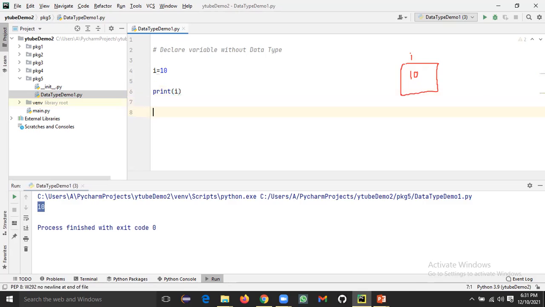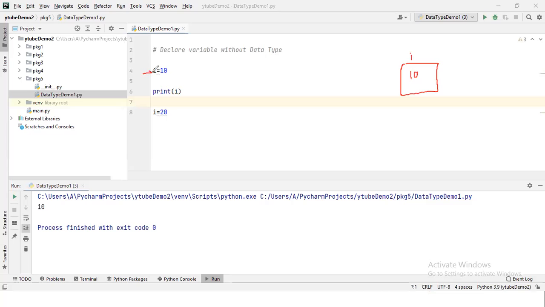Now we can change the value of the variable. Let's say i equal to 20. Now again, if I run it, after this line of code is executed, the 10 value was sent to this memory location. Now it is invoked from that memory location and printed over here.